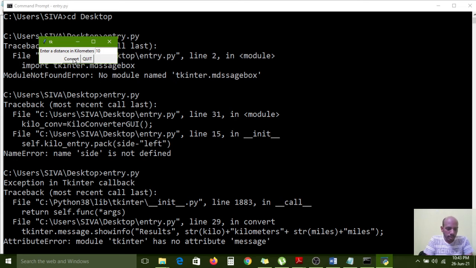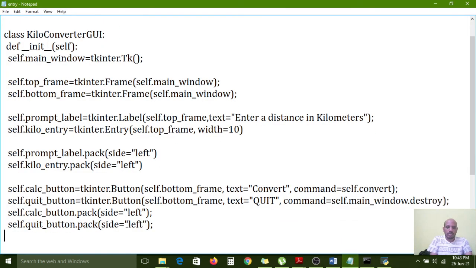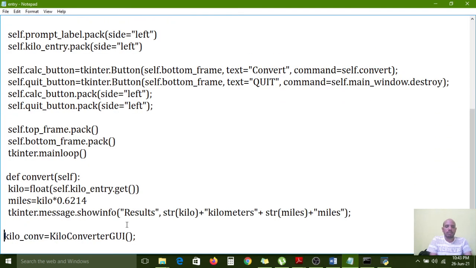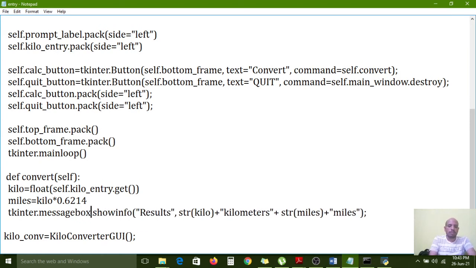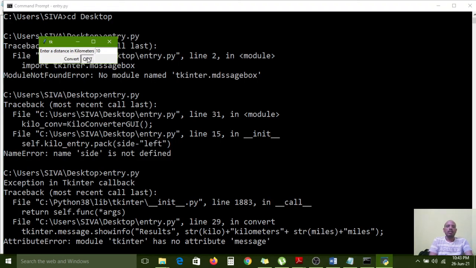Sorry, it is messagebox. These are bugs. We are changing them. Here it is tkinter.messagebox, message is not there, messagebox we have. Now I am closing this.